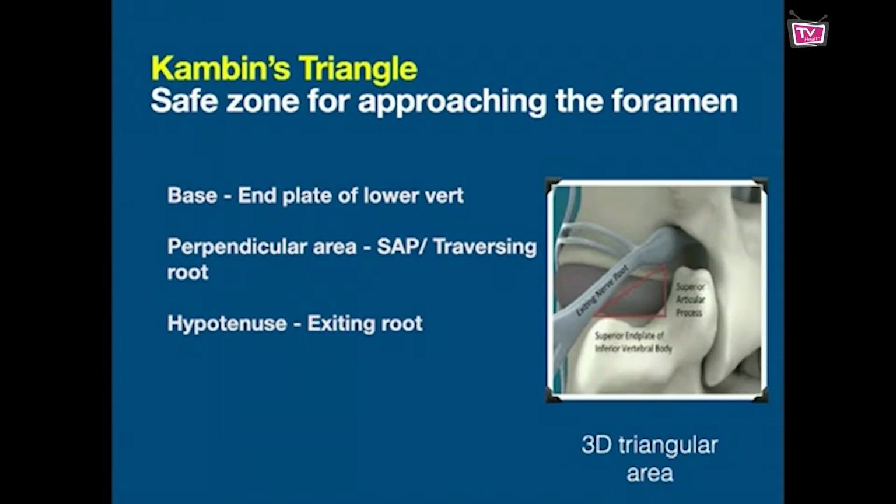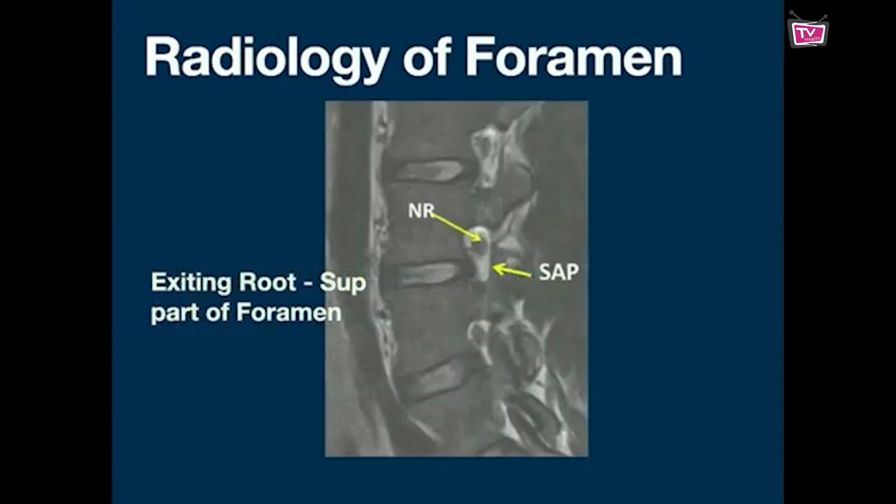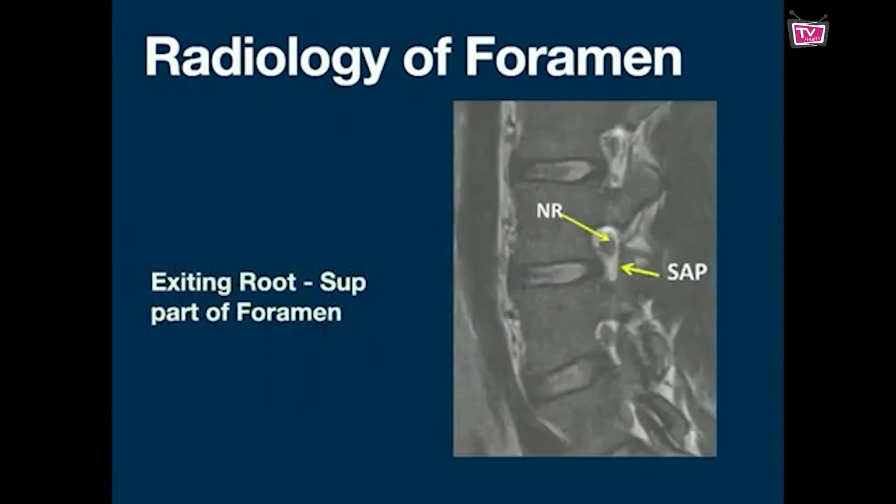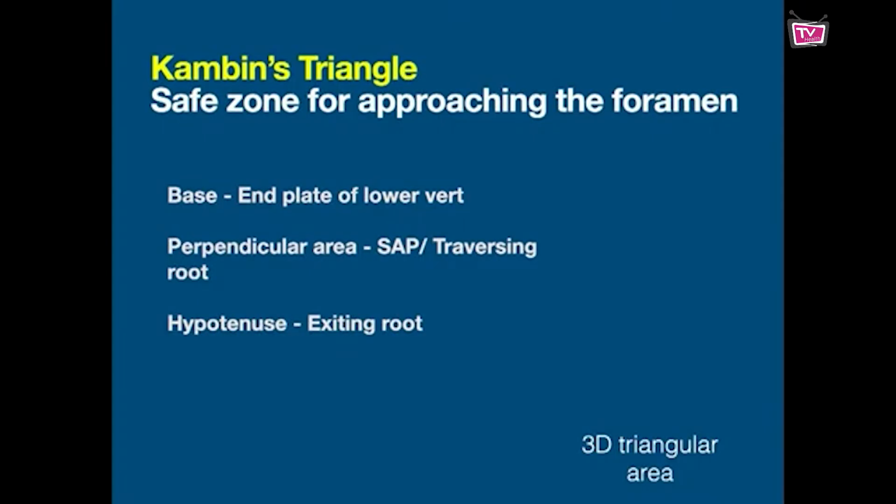The safe zone I was talking about is the supraneural one. This is the safe zone where we tend to do it, as has been described. You can do the Kambin approach also. Basically the whole area has the root, the supraneural and the infraneural parts, as in the previous image. Here this is superior to the root, and this is inferior to the root. So the whole foramen is available for the block, but Kambin's triangle is quite wider compared to the supraneural part. The supraneural part is called the safe triangle, although the space below is larger.